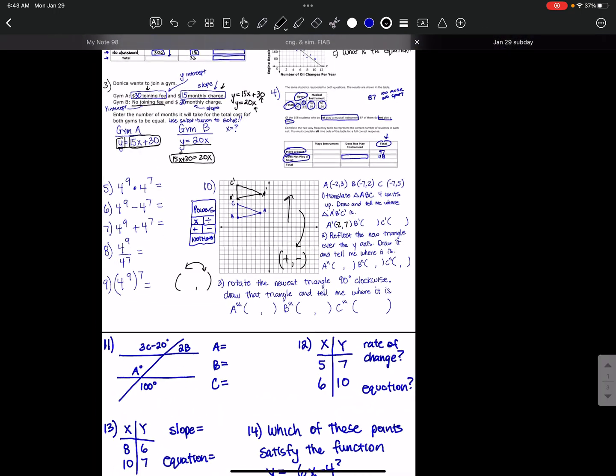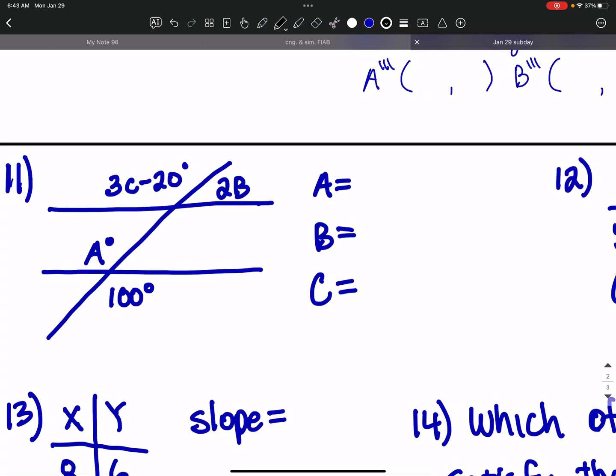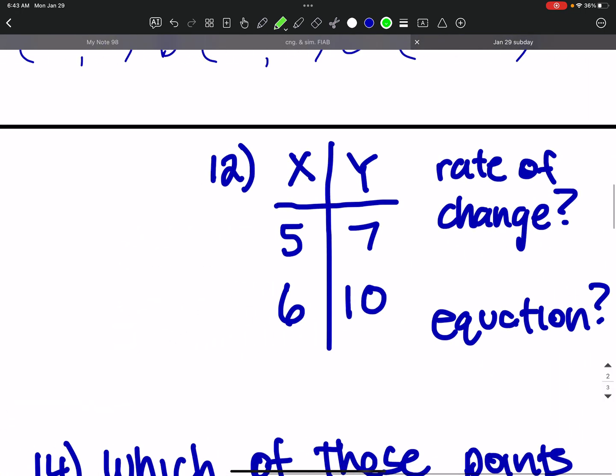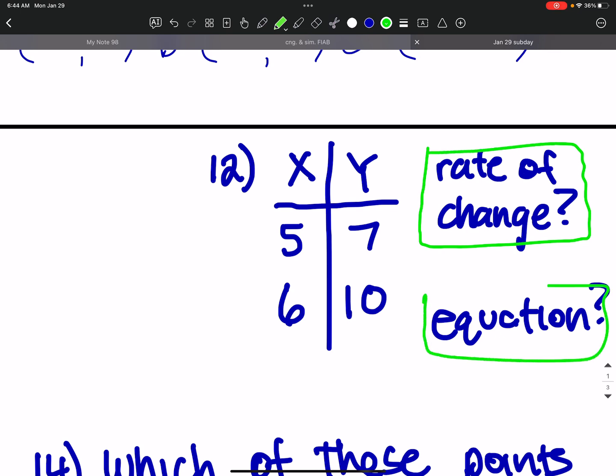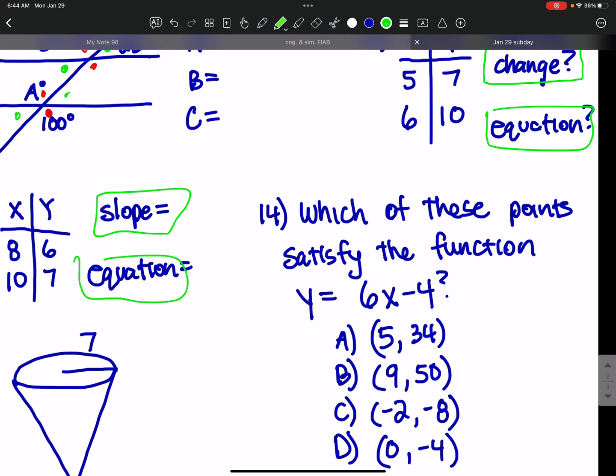All right, number 11. Remember, there's 180 degrees in an angle. You should know which ones, like 180 degrees in a straight line. So because of that, you should know how much those ones, and those ones are worth. All right, good luck. Remember, if it's a word that you're like, what does that mean? It means slope. So give me the slope and equation. Give me the slope and equation of this one. Which of these